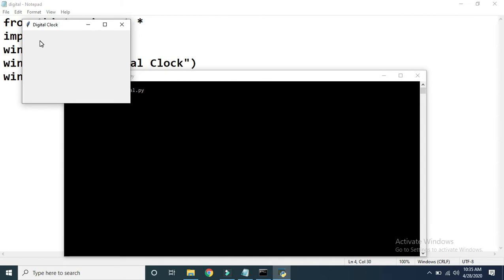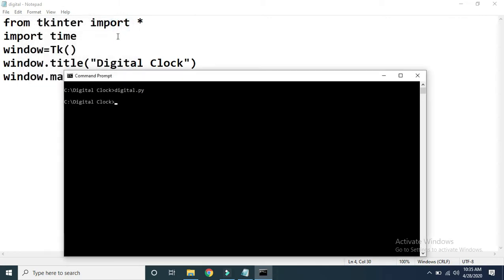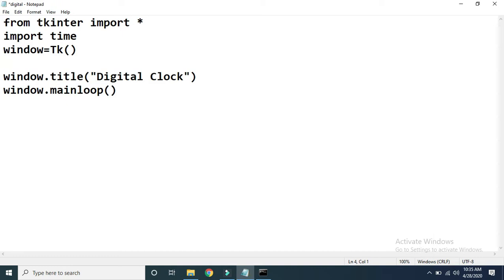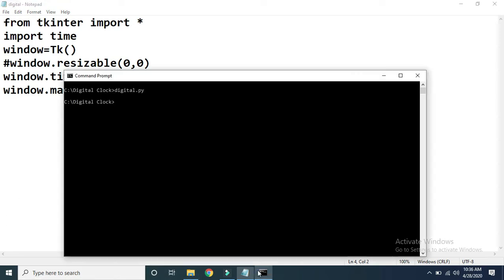Now one more method I want to call, that is the resizable method. The use of the resizable method we have already discussed in our previous video. For resizable I am going to pass two parameters, 0 comma 0. Initially I will comment out this line and show you the output of this program.